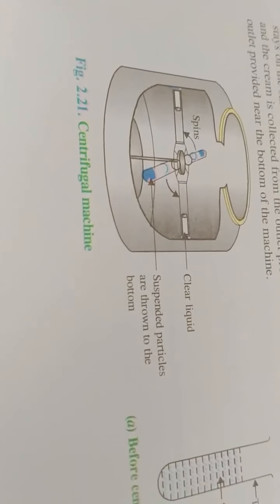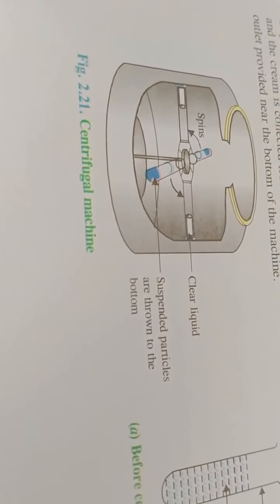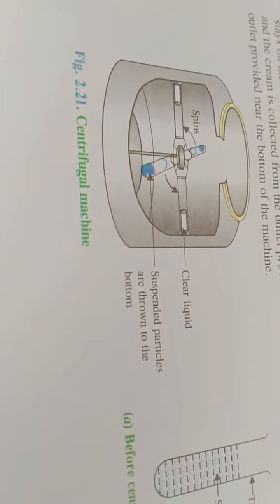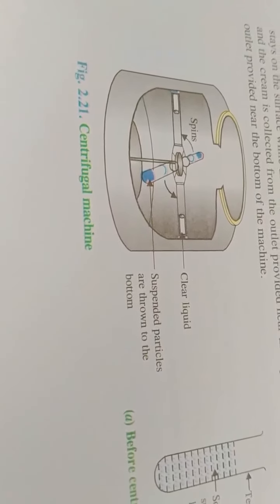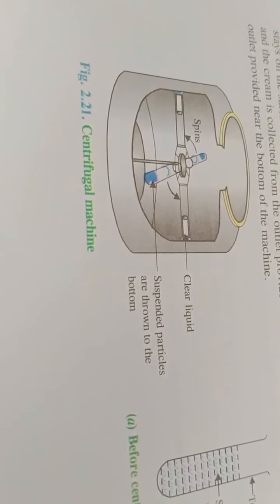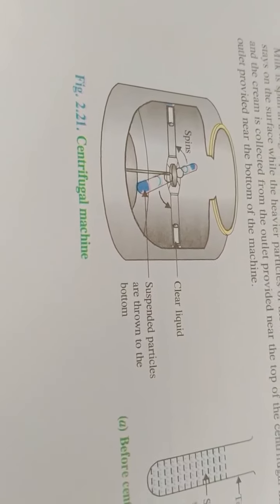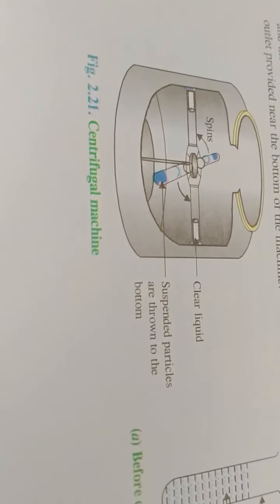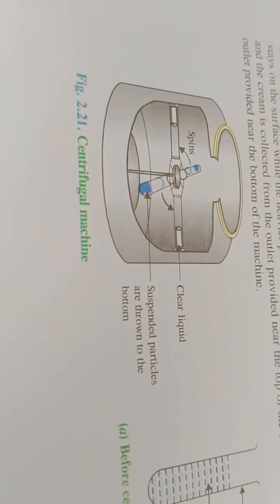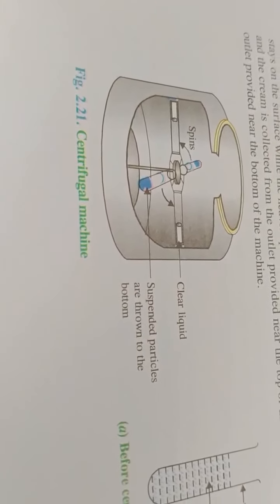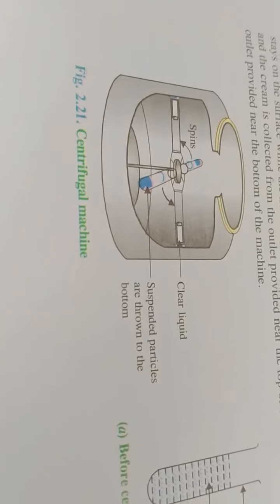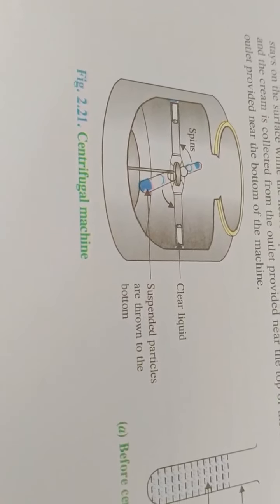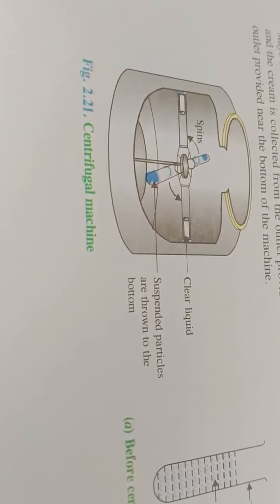At home, we are using this type of centrifugation machine in which cream will be separated from milk, or you can say buttermilk is separated from curd. So this method is known as centrifugation. The principle of the method is that due to rotation or agitation, the lighter particle will come up and the denser particle will remain at the bottom of the machine.